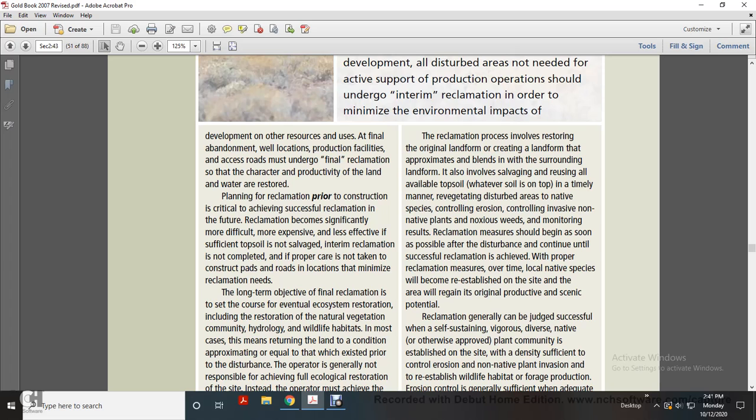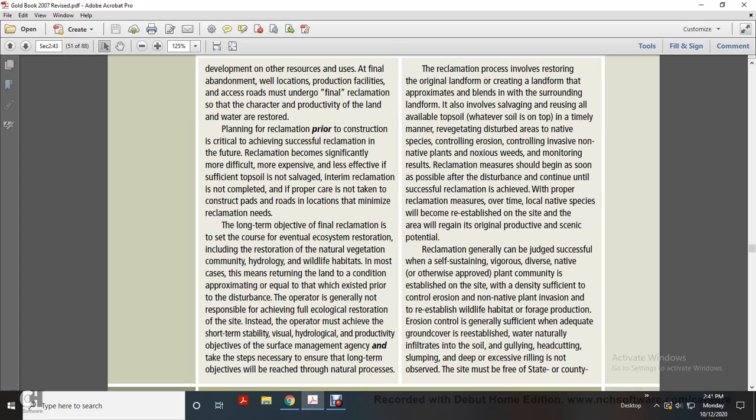and future reclamation becomes significantly more difficult, more expensive, and less effective without sufficient topsoil. Interim reclamation is not complete without proper care. Care must be taken with the construction of the pad, road, and location to minimize reclamation needs. The long-term objective of the final reclamation is to